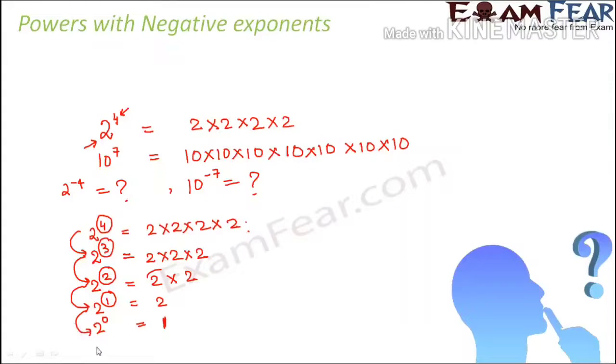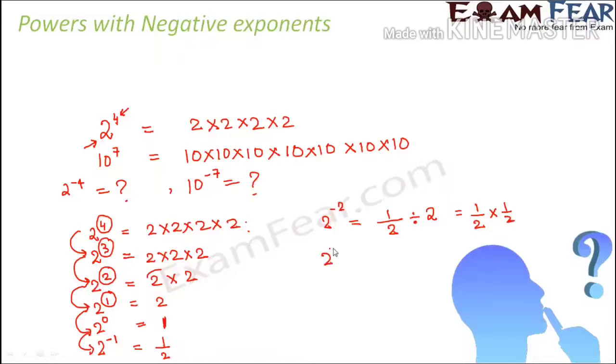So following that, what can you say? 2 to the power minus 1 would be what? So here also you have reduced further by 1 step from 0 to minus 1. So this side, what will happen? This will get divided by 2 further. So this will become 1 by 2. Now if I again proceed further and say 2 to the power minus 2, this is like the next step. In this case, this 1 by 2 will further get divided by 2. That means this will be equal to 1 by 2 into 1 by 2.